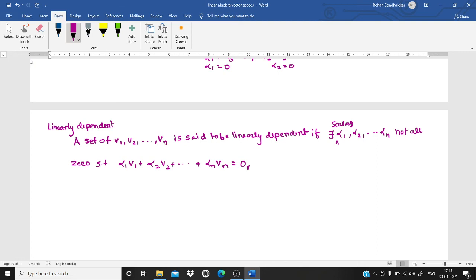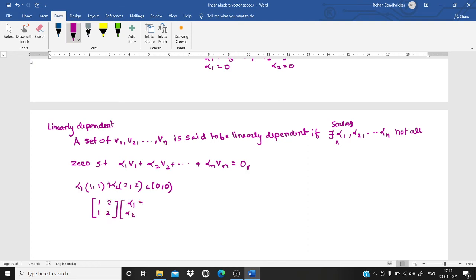Okay, I'll go with the example 1, 1, and another one is 2. Fine. So what is the linear combination of this? So alpha 1 plus alpha 2 is equal to the 0 vector. Now what will be alpha 1 and alpha 2? So as I told you, we take each vector as a column. So this is what I am getting.